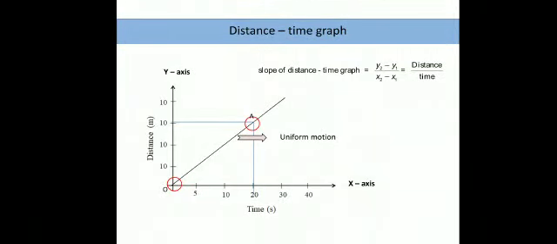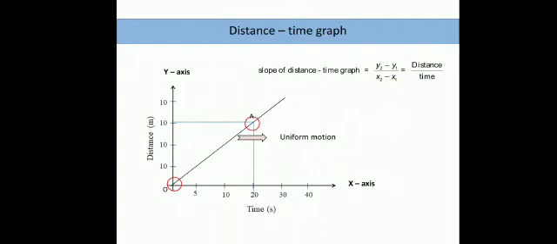We understand that the inclination of a line is also known as the slope of a distance-time graph. The formula to calculate slope is the difference of two values on the y-axis divided by the difference of any two values on the x-axis. So, the difference of any two values on the y-axis, final distance minus initial distance, divided by the difference of any two values on the x-axis, final time x2 minus initial time x1.